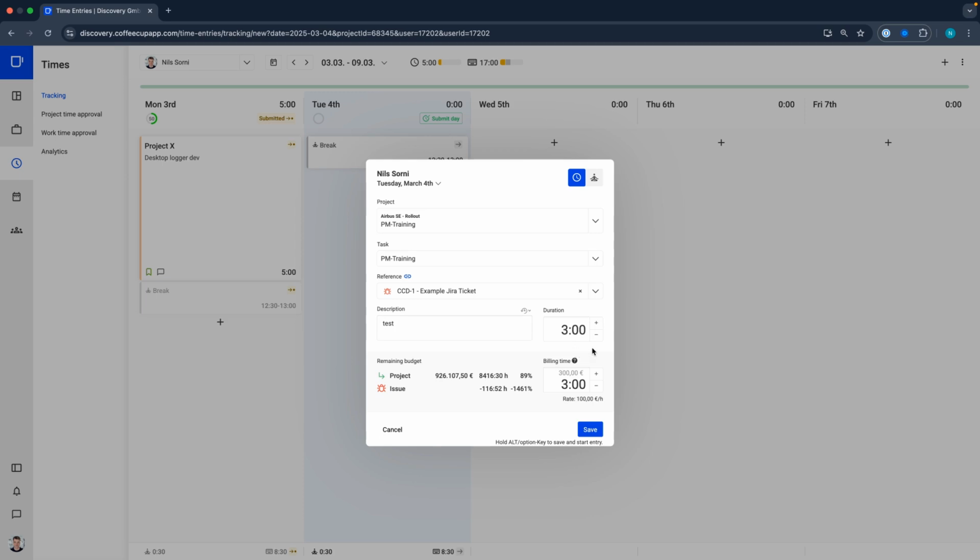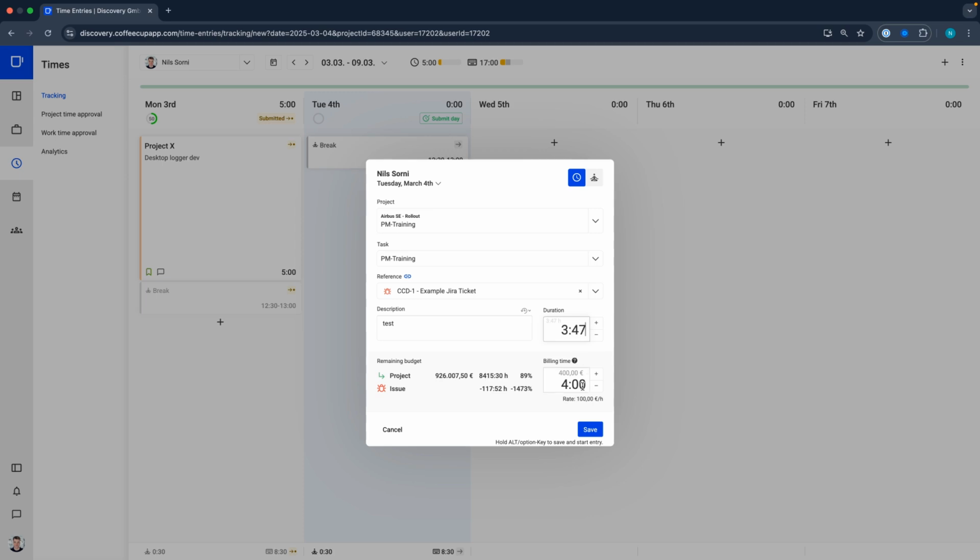As you can see now, two time durations are being displayed. The top one represents the actual project time tracked, and the bottom one shows the billing time. There's usually two use cases for this. The first one is rounding up tracked time. So for instance, if 3 hours and 47 minutes are tracked, it can automatically round up to 4 hours for